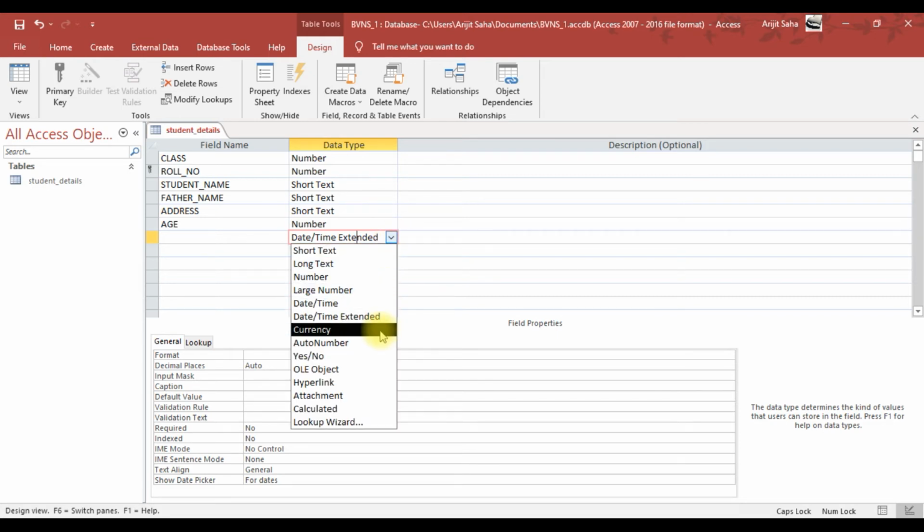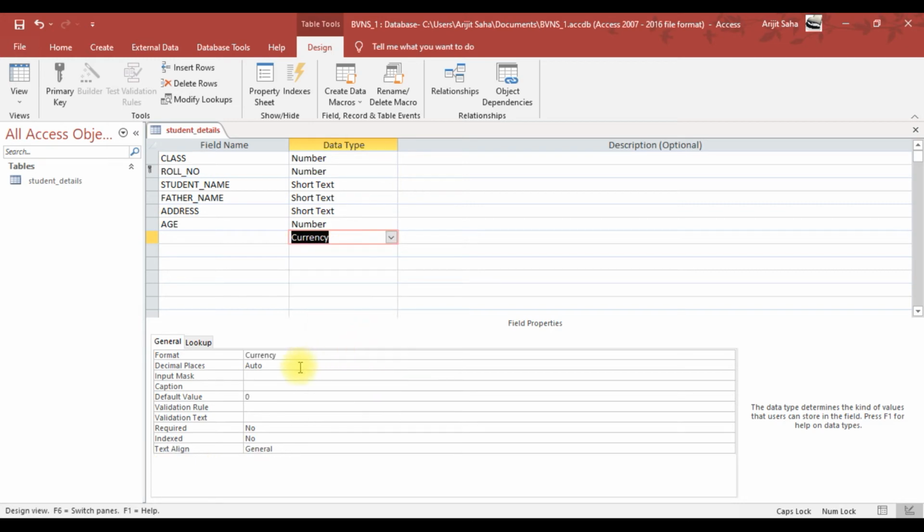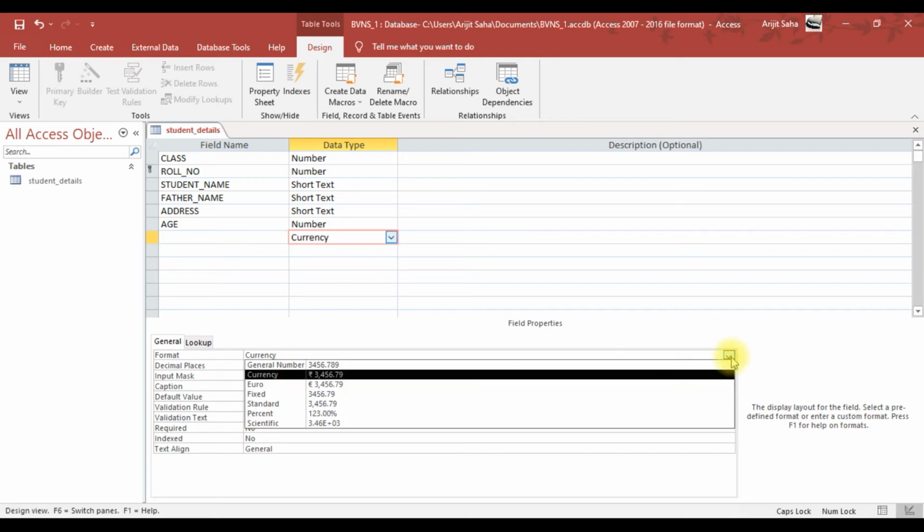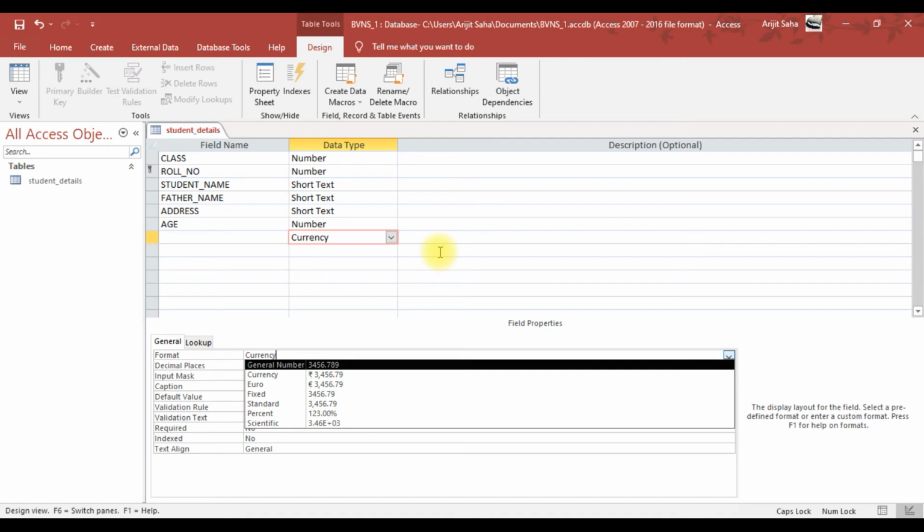Next, we can easily understand currency. Usually, numeric fields can have a lot of decimal places. But whenever we are talking about currency, we can have a currency format, and along with it we can select the type of format that we want. The OS that I have installed is an India OS for Windows 10, hence, as you can see, the rupee symbol comes automatically for it.